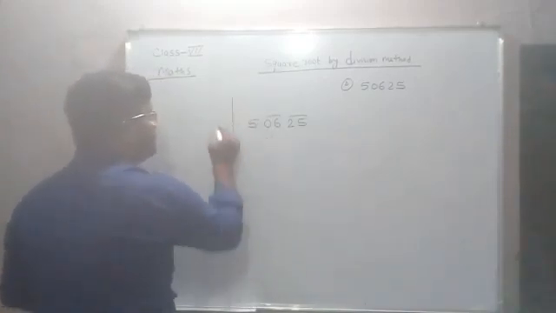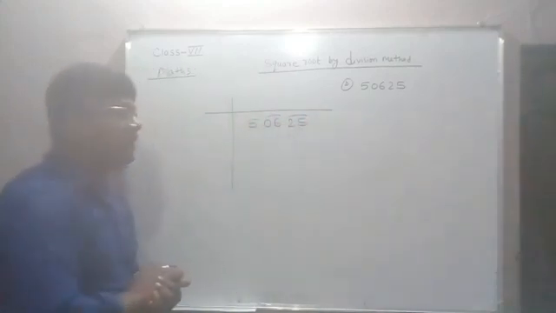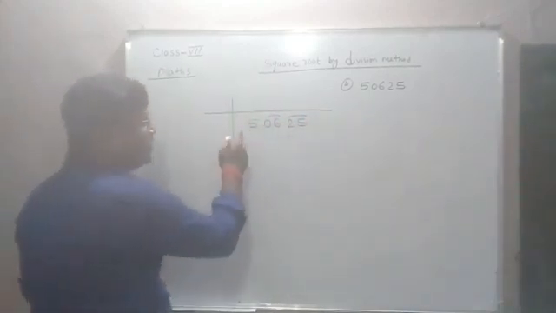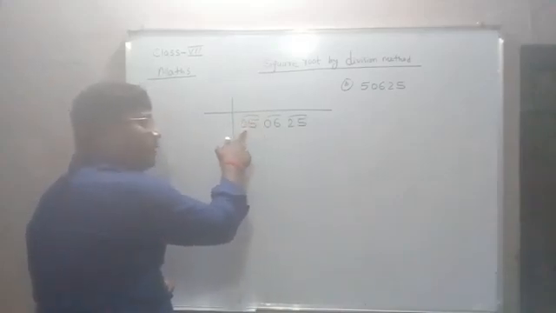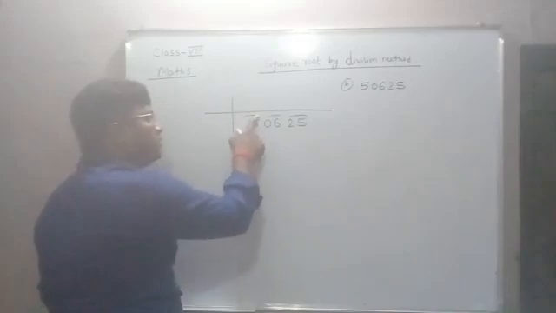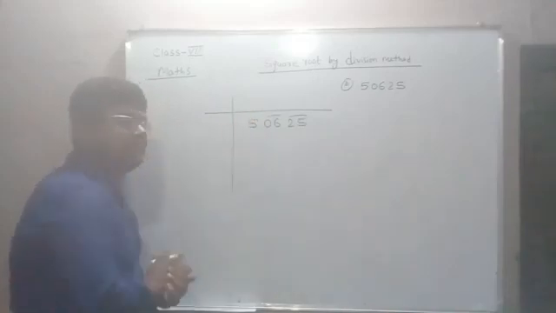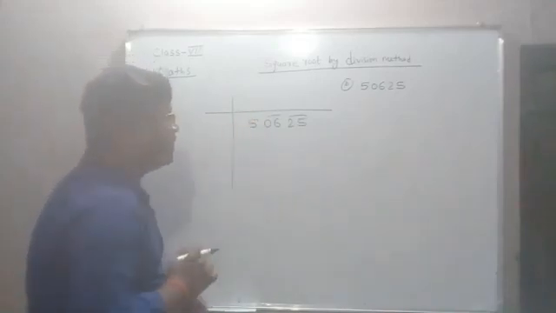After that, make a bar in this way. Now we need to see the first pair. If we write 0 here, then this is your 5 only, and we can make it a pair. But if I don't write 0, then also no problem. We will see this number, and we will search for this number in the squares.